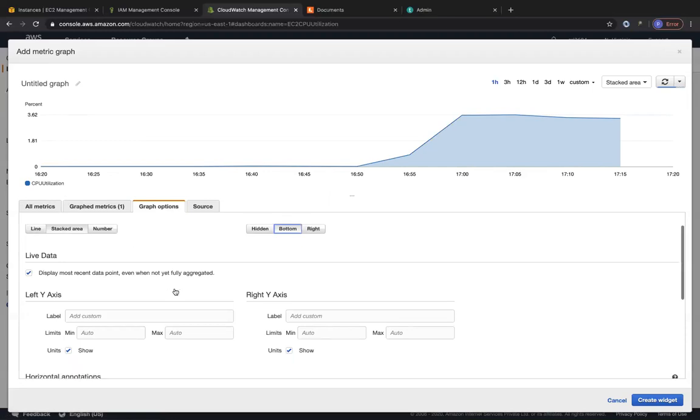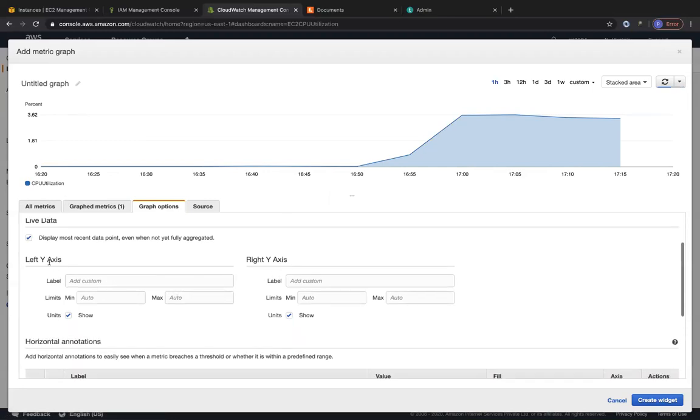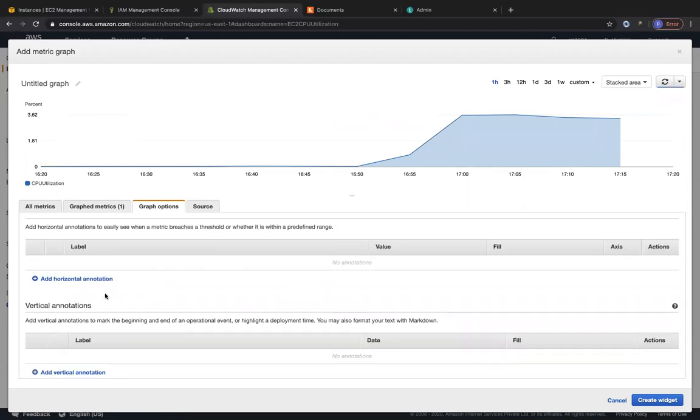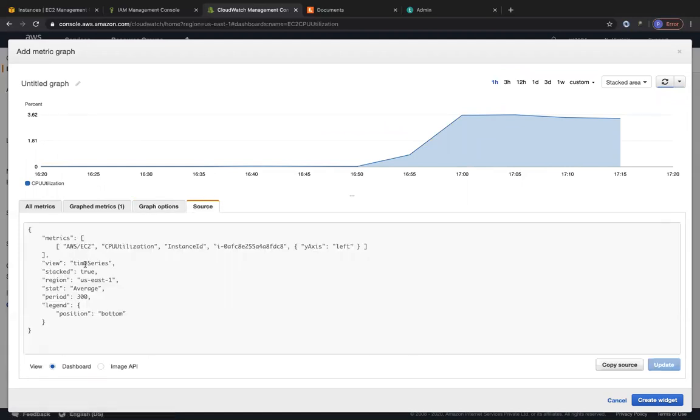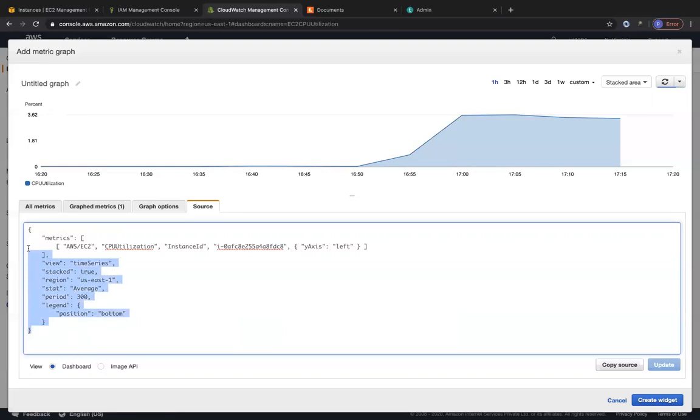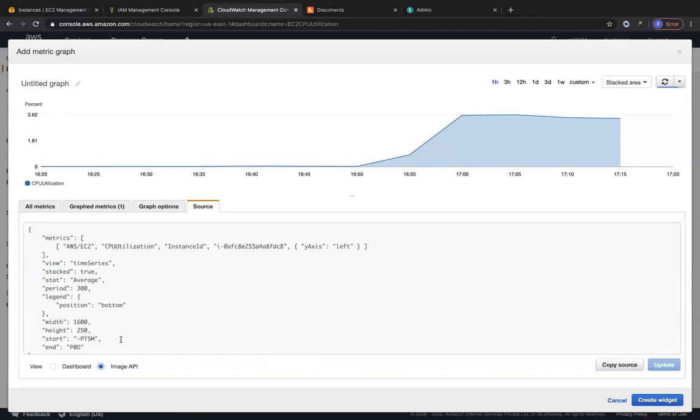Yeah. And you can see the live data coming from the right. I mean, you can modify your left y-axis and your right y-axis. You can add any annotations that you would like, any kind of names that you want, you can add it over here, right? And the source you can see over here, this is your source. This is a query that is being issued to the CloudWatch REST API. You can issue this if you have your AWS CLI configured accordingly, right? To hit this API and get the respective metric for this particular EC2 instance from CloudWatch itself. So it's just giving you an idea. And you can also see the image API over here, right, that is being sent.